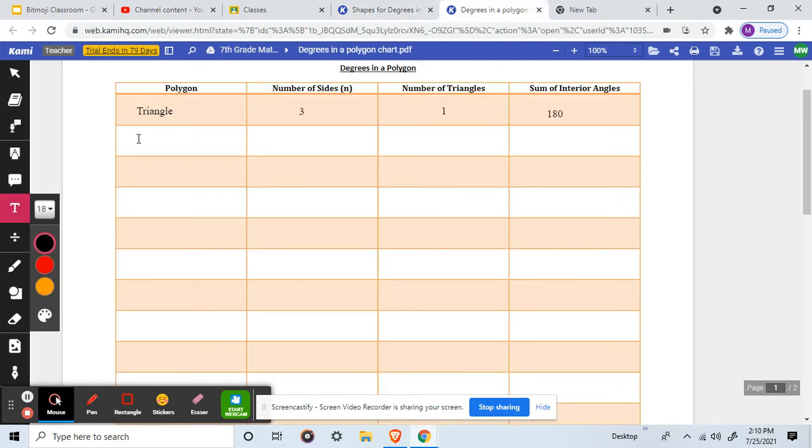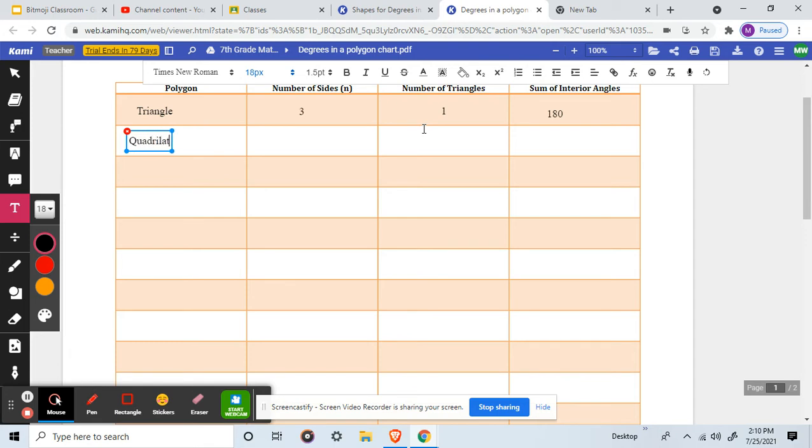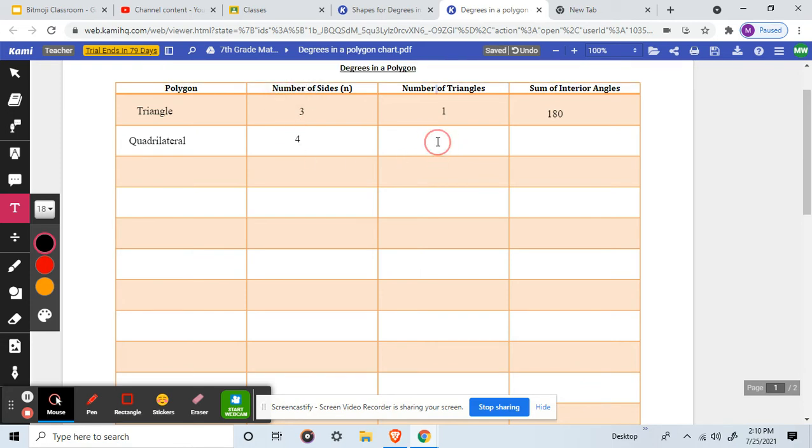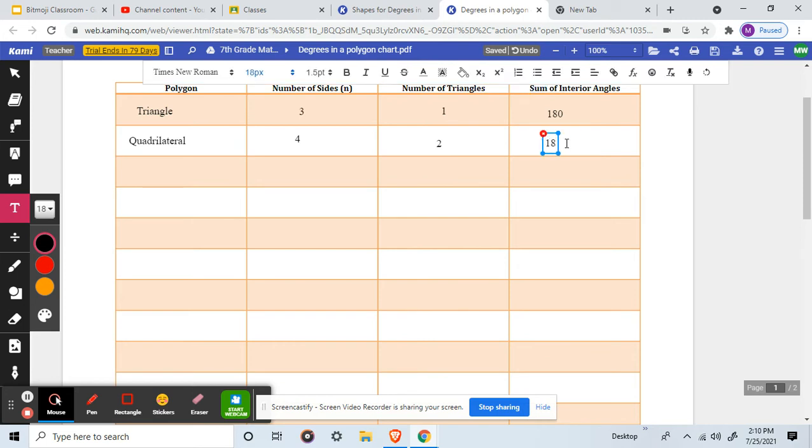So what am I going to say? Quadrilateral has what? 4 sides. I can break that down into 2 triangles. And what am I going to say? Well, again, 180 times 2 triangles means 360 degrees. 360 degrees, okay? Again, you can write that using an equation writer, so maybe I'll do the next one with